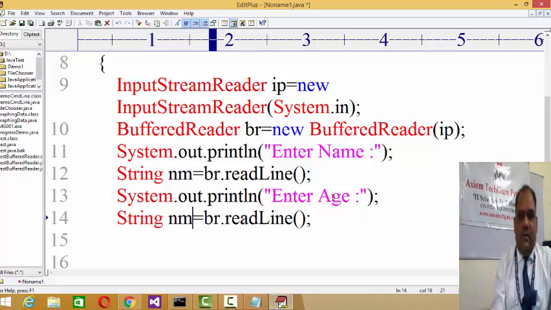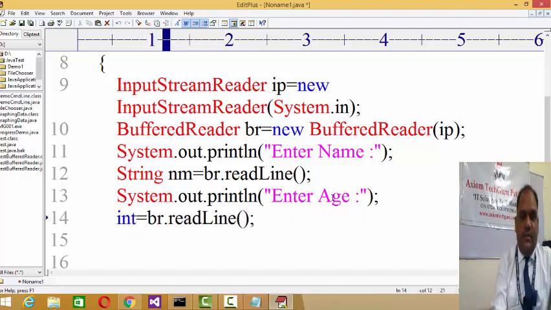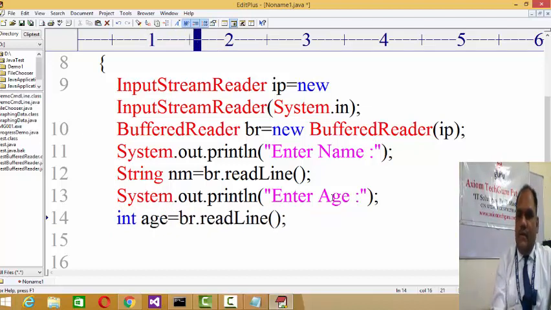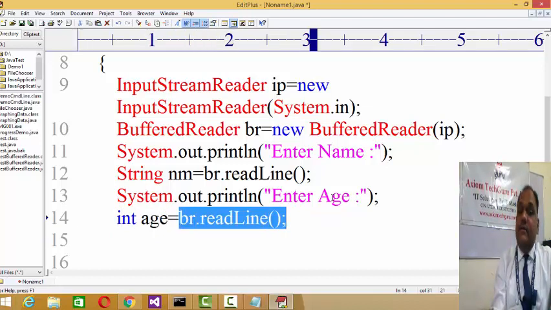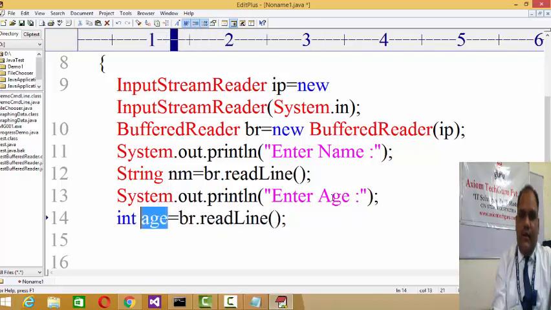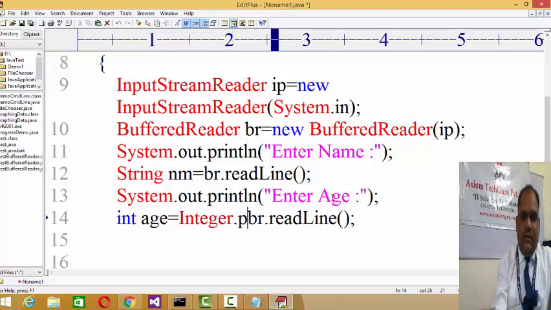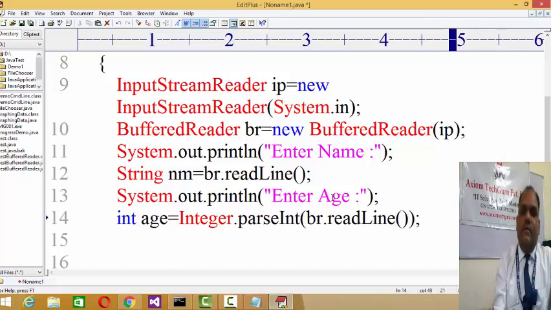And now the question is, if you want to enter the age, it has to be numeric type of data. So br.readLine reads the data in string format, and we are planning to assign it to an integer. So firstly we need to parse it, we need to convert it. For that reason, in the Integer class, Integer dot, there is a method called parseInt, parse into integer. It reads the data in string format from the buffer, meaning temporary memory, parses it, converts it, and then assigns it to the integer variable. So in this manner, now you have two types of values, name and age.